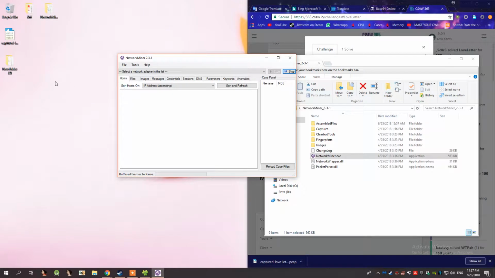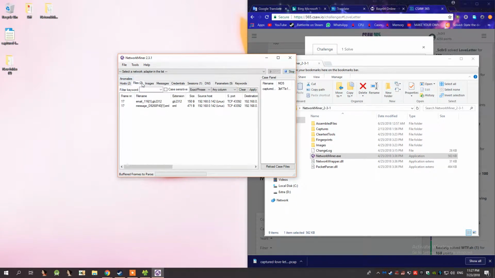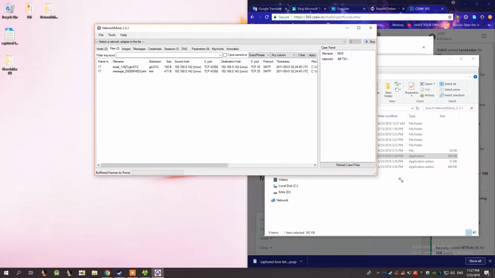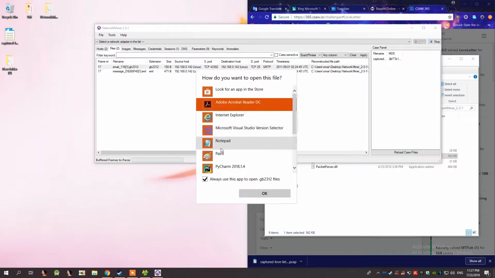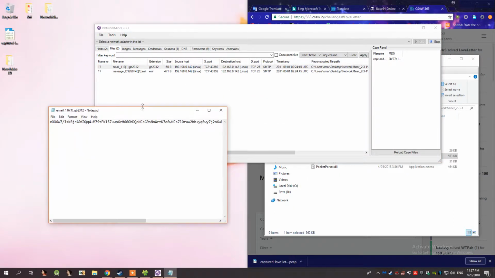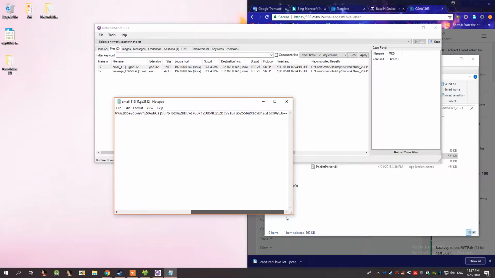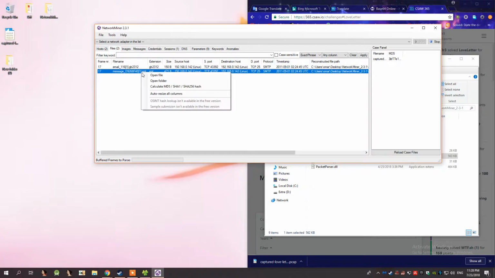It's easier to look into pcap files. So when we place a pcap file over here, we look into it and we see we have two files. One of them, when you open it, is the actual email. Over here you have base64, and over here when you open this EML file,